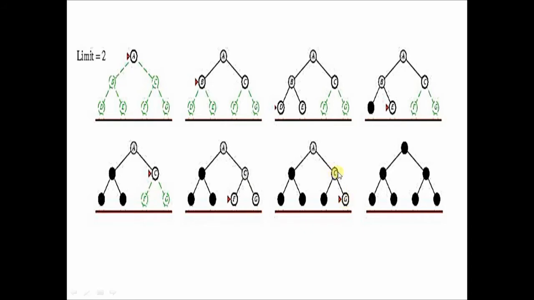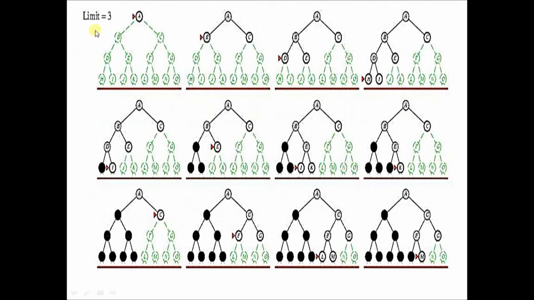Okay, after backtracking we realize that we still have not got the goal node, so we come here. That means all the nodes of the current tree are examined, and so far we have not found any goal node, and as a result in the third iteration the limit will be incremented by 3. So if you see in the third iteration, another part of the tree will be revealed. Okay, so the search space will be revealed up to depth level 3, and the same depth first search functioning will occur, and finally here M happens to be the goal node, so we say that we have found the answer. So the algorithm stops at depth limit equal to 3.